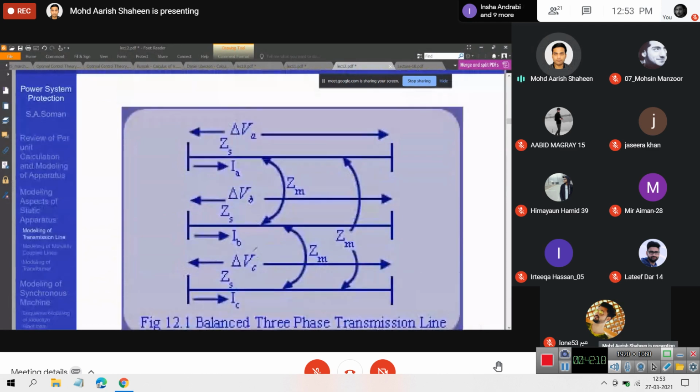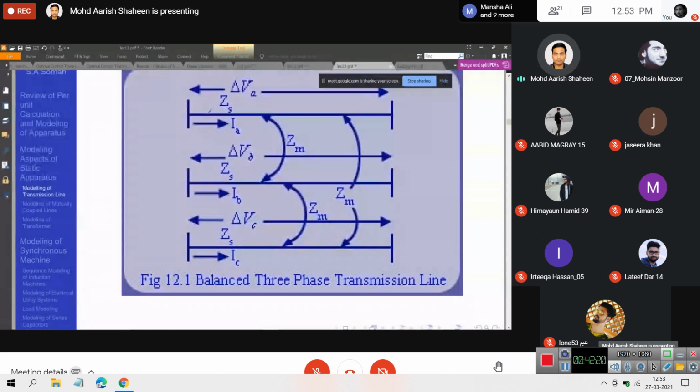If you look at an actual three-phase transmission line, there are basically three phases. Okay, this is phase A, this is phase B, and this is phase C. Every line has a self-impedance. There is also a mutual impedance. The reason is if there is a current flow in, for example, phase B, it produces a magnetic field. That magnetic field will also link phase A. It will also link phase B. Whenever you have a magnetic field linkage, you have a mutual impedance. In this case, I'm assuming that the mutual impedances are the same, equal to Zm and Zm.